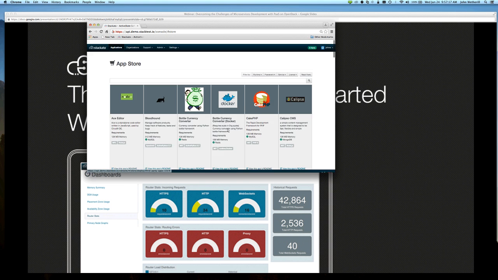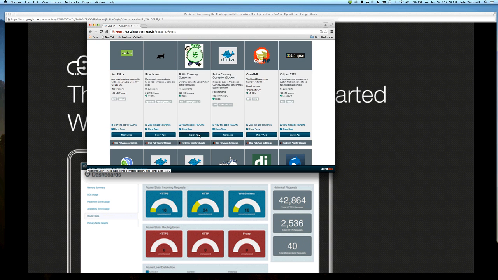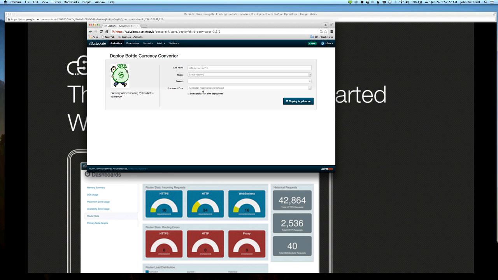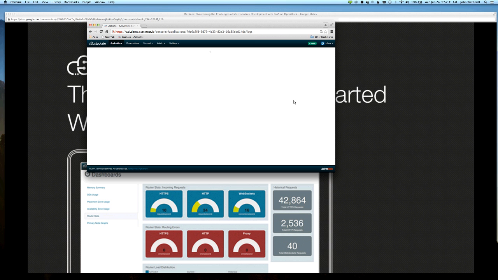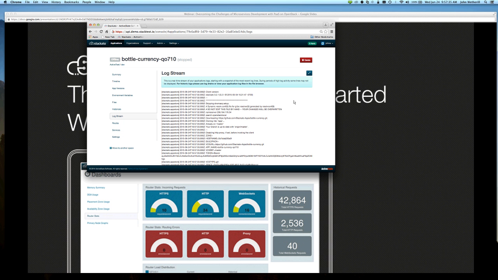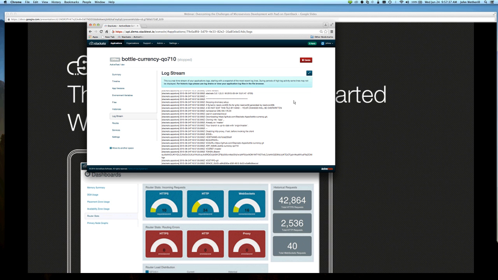If you have a Docker image ready to go, you can deploy it to the PaaS simply by clicking a button. For example, I've got this Python currency converter application, which I can deploy to the PaaS simply by clicking a couple of buttons and hitting deploy. What this is doing is grabbing the bits for this app from GitHub and pushing it out to the PaaS itself, creating a Docker container to house it, and wiring up any other dependencies.